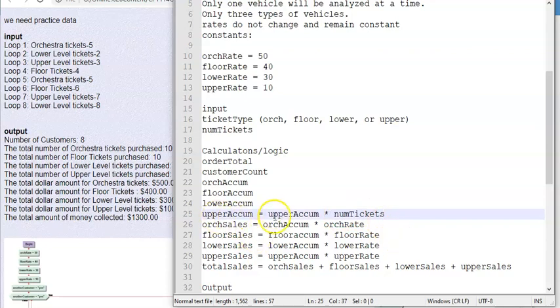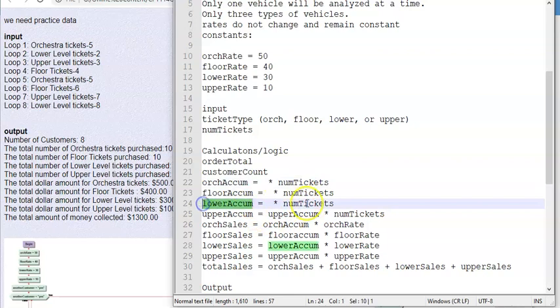So it's whatever cum equals whatever cum times whatever we're accumulating, and we're accumulating the number of tickets. So the rest of these are going to be very similar. If I copy this, Control C, wait a minute, I need this first. Control C, Control V, Control V, Control V, and then I copy this, Control C, Control V, Control V, Control V. So now all I have to do is the lower cum, Control C, is equal to the lower cum times the number of tickets, and the floor cum, Control C, is equal to the floor cum plus number of tickets